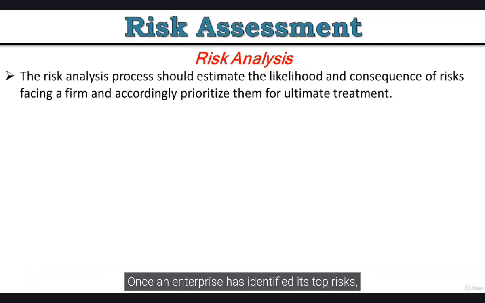Once an enterprise has identified its top risks, it may use more sophisticated methods, such as the bow tie method, to fully understand the nature of the risk and to rate the likelihood and consequence of inherent risks and residual risk. The bow tie risk analysis method is a form of cause and consequence analysis, the two dimensions of risk events, and it clearly ties treatment actions against each dimension of a risk event.